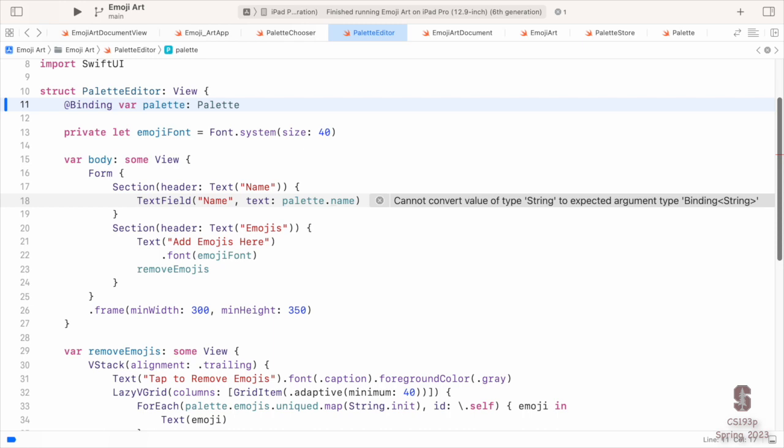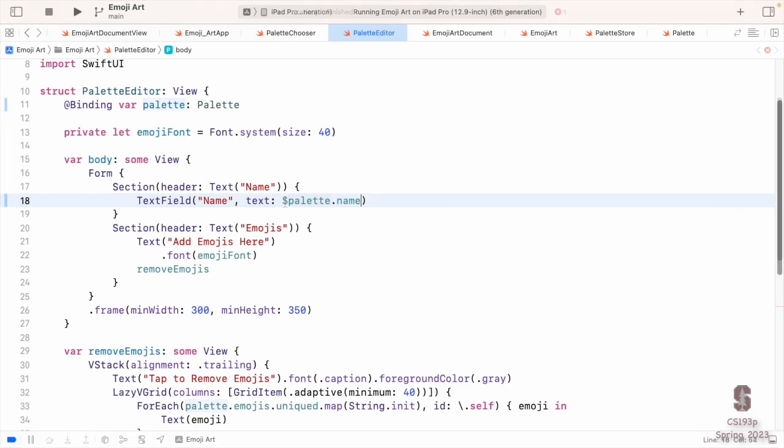Now, anytime we reference this palette anywhere in our code here in the palette editor, we'll actually be referencing the palette back in the view model. And we can also use this binding to pass a binding to the name into our text field. That's because the $ sign, the projected value of a binding, is another binding to that binding.